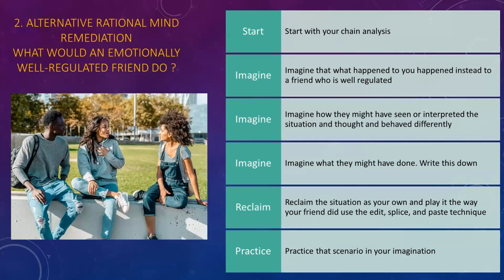After imagining what Marjorie would do, Allison considered how she could apply it to herself and decided on an action plan. One, she would use the mental video of the visit when she found the SUV in the driveway. She would then splice and edit out the part in which she kept her feelings and thoughts to herself while stewing on them. She had done this all her life. Instead, she would paste in an assertive conversation in which she explained to Ingrid how she felt, her thoughts, and what she planned to do.